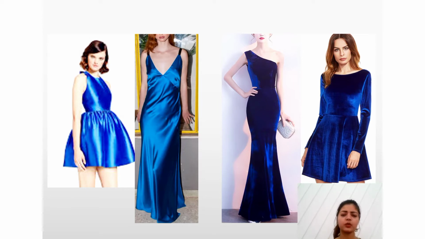So here, to understand a bit more, let's see some examples. Like here are our evening gowns, one is of velvet and another is of silk fabric. So a major difference that we have to keep in mind while draping and sketching is velvet has quite a thick texture than silk. We all know that silk is a light weighted fabric whereas velvet is a heavy weighted fabric in comparison